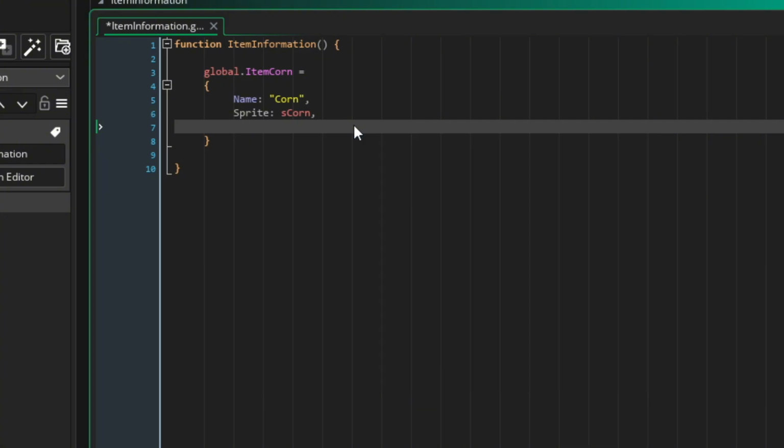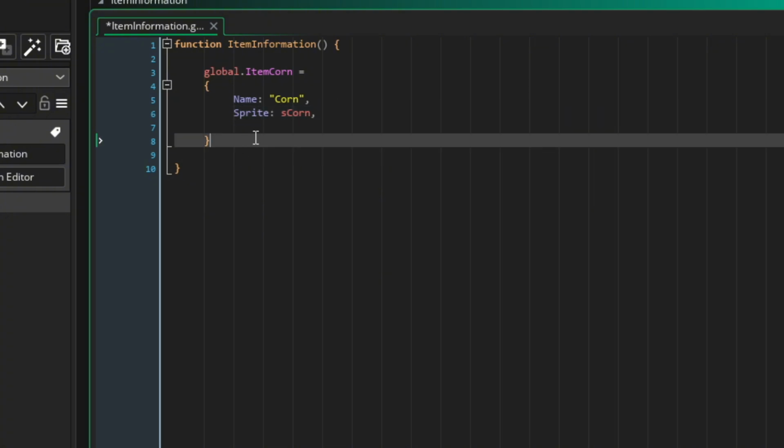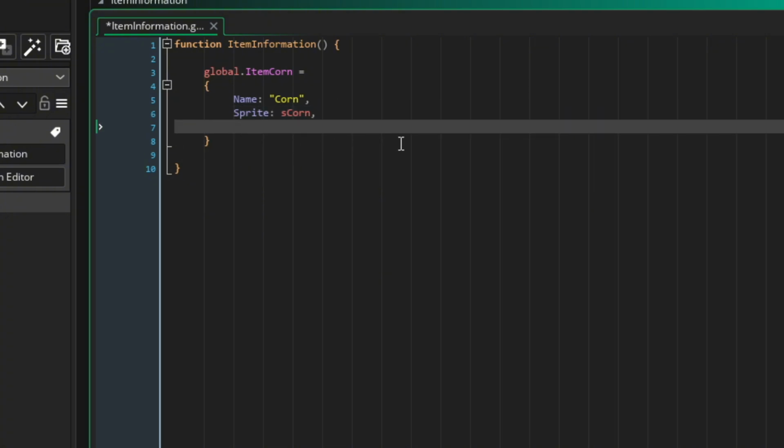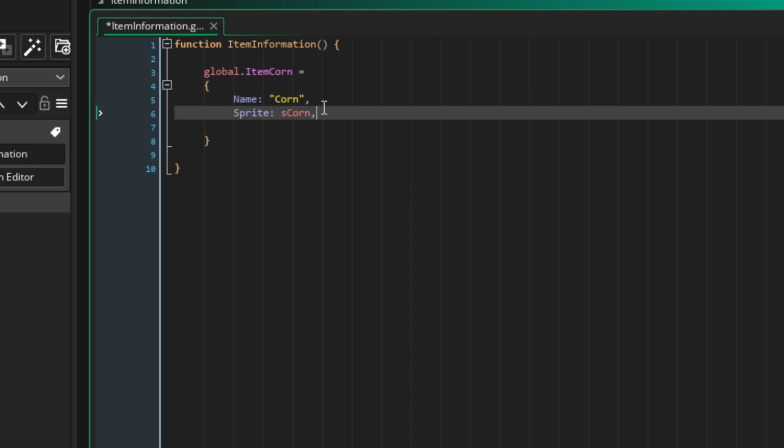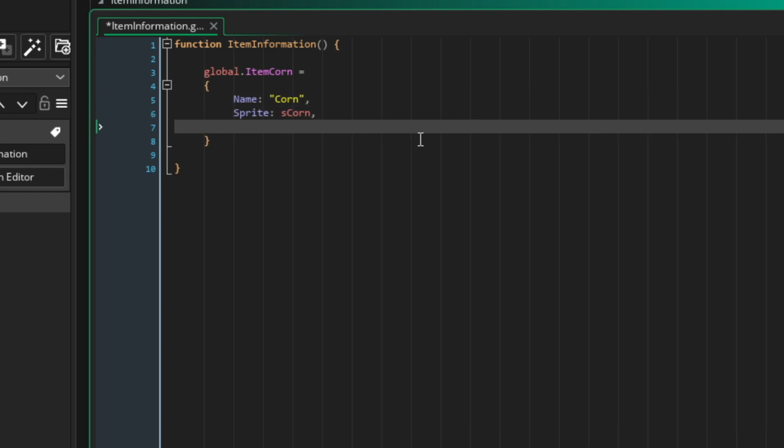Actually, we're not going to do descriptions in this one. Just to keep it as simple as we can. We just need a basic inventory, but if you do want to do this in the future, you can always ask me. If you guys want a separate tutorial on a super detailed inventory system. Then we're going to do a,